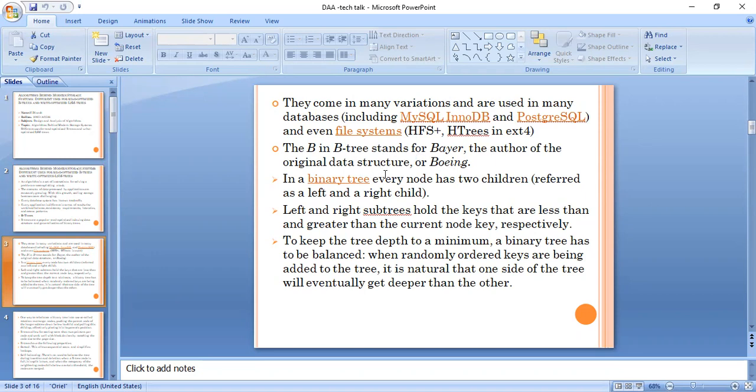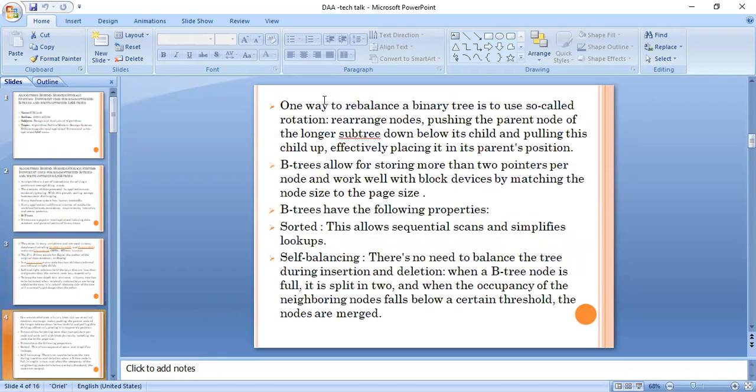In a binary tree, every node has two children referred to as a left child and a right child. Left and right subtrees hold the keys that are less than and greater than the current node key, respectively. To keep the tree depth to a minimum, a binary tree has to be balanced. When randomly ordered keys are being added to a tree, it is natural that one side of the tree will eventually get deeper than the other. One way to rebalance a binary tree is to use so-called rotation. Rearrange nodes, pushing the parent node of the longer subtree below its child and pulling this child up, effectively placing